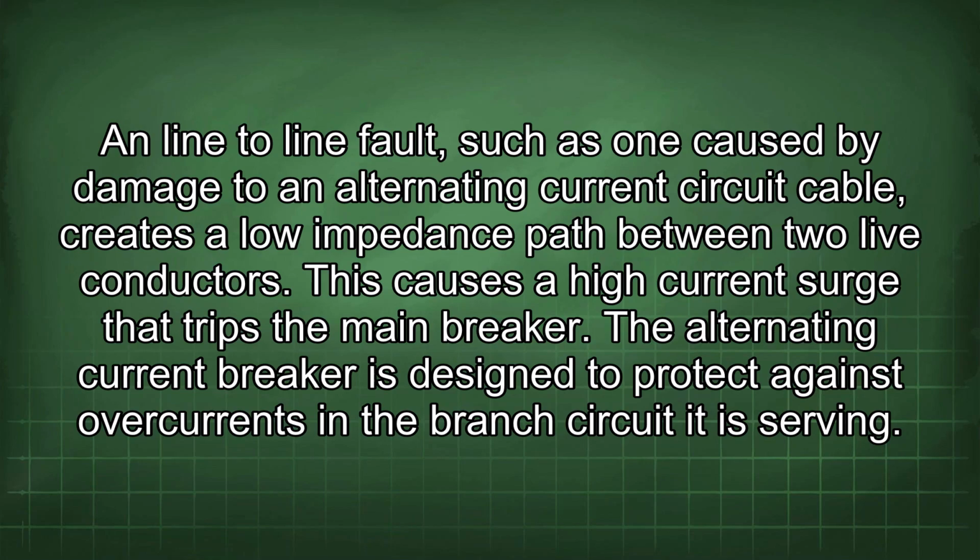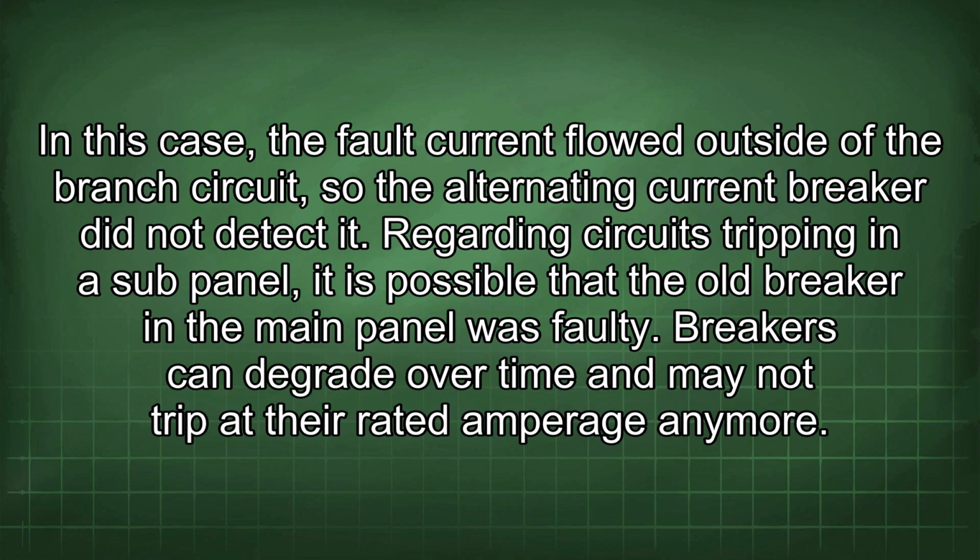A line-to-line fault, such as one caused by damage to an alternating current circuit cable, creates a low impedance path between two live conductors. This causes a high current surge that trips the main breaker. The alternating current breaker is designed to protect against overcurrents in the branch circuit it is serving. In this case, the fault current flowed outside of the branch circuit, so the alternating current breaker did not detect